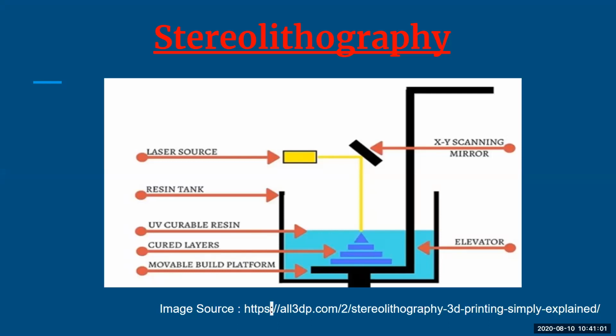You can see in the diagram there is an XY scanning mirror, that is horizontal and vertical scanning. There is a laser source. There is a resin tank where your material will be immersed. UV curable resin is where your UV rays are going to be used to trace the